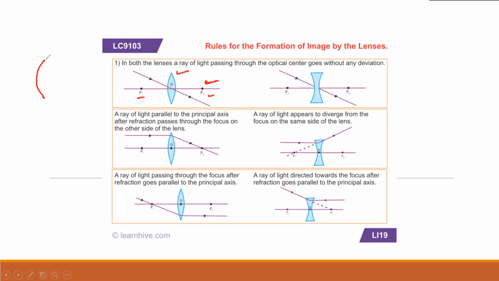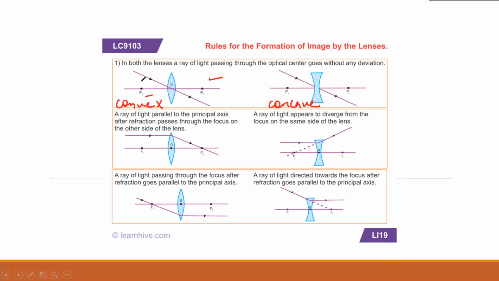Why are there two focuses? Because a lens has two curved surfaces. This is one curved surface of the lens. When you complete it, there will be a center of curvature here, and half of it will be the focus. This is the other half of the lens, and when you complete this, there will be another focus. So there are always two focuses.